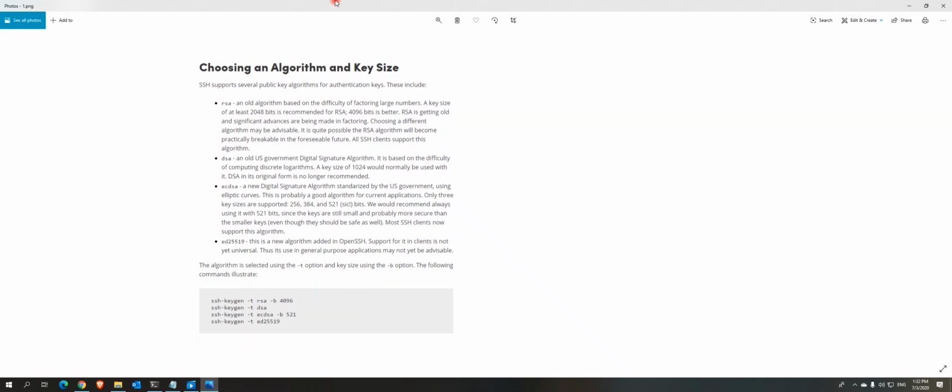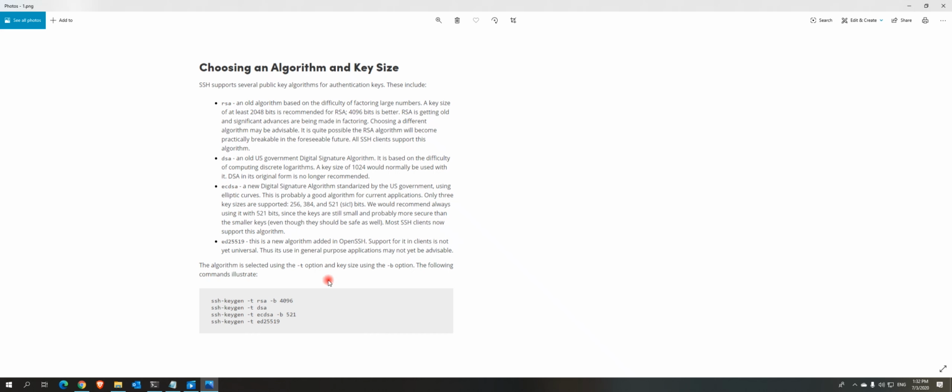If you want to know what is that encryption, we have four methods: RSA, DSA, ECDSA, and Ed25519, and it is an explanation what is. RSA is an old algorithm and DSA too, but I use here